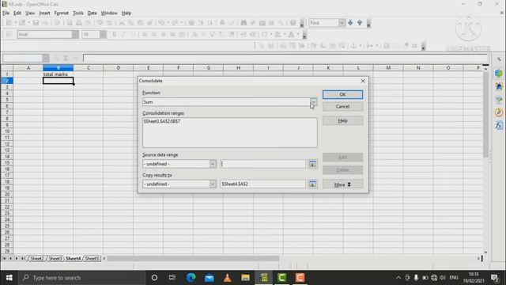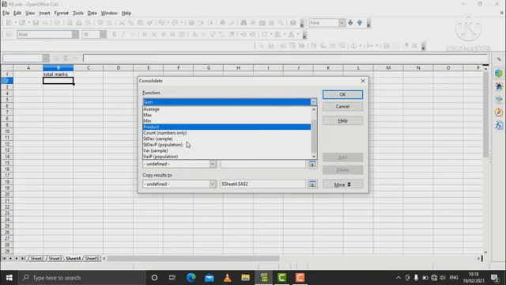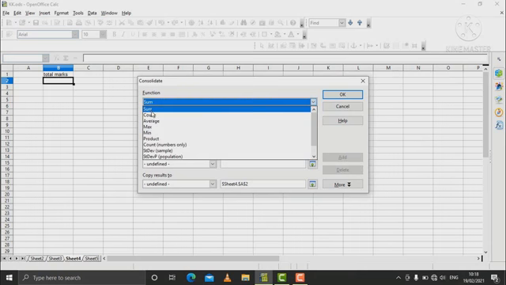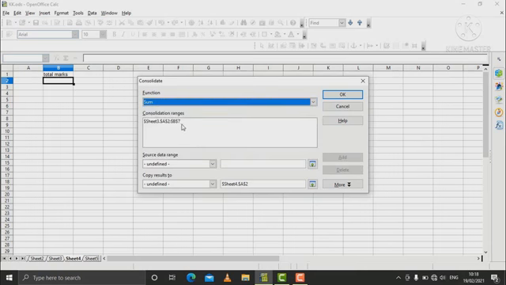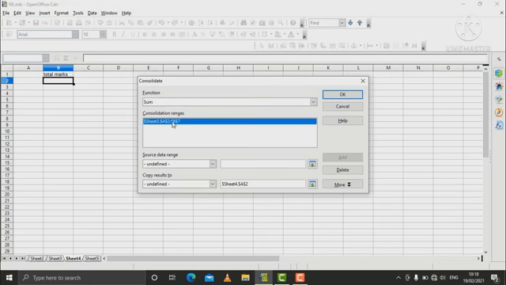Here a sum function is there, and a number of functions appear. I only click on the sum function. Here some consolidation range is there on which the calculation will be performed. I do not want this range, so I just delete it or remove it.